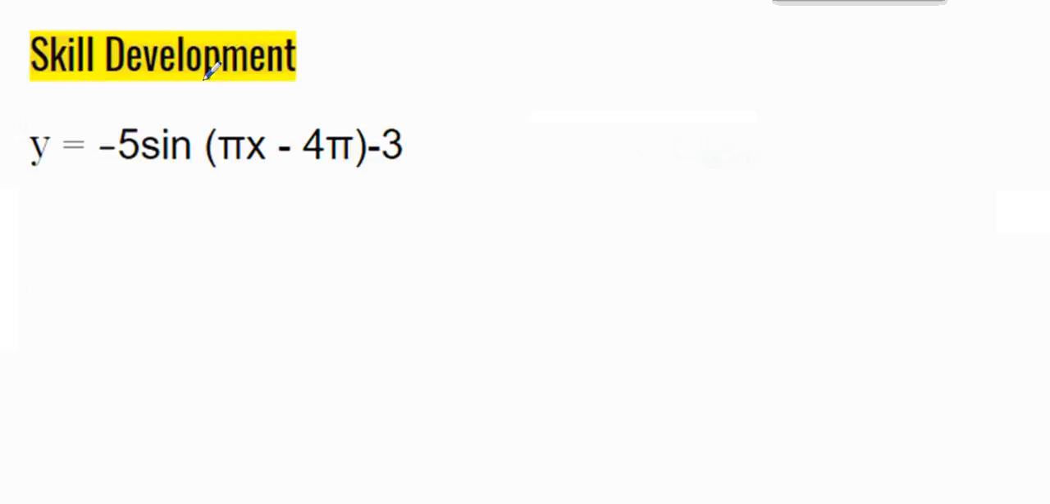All right, let's start with our first example. We're going to do a sine function. And remember, again, cosine's done the exact same way. So our sine function is -5 times the sine of pi x minus 4 pi, minus 3. So the first thing we want to look at is finding the endpoints. So our left endpoint